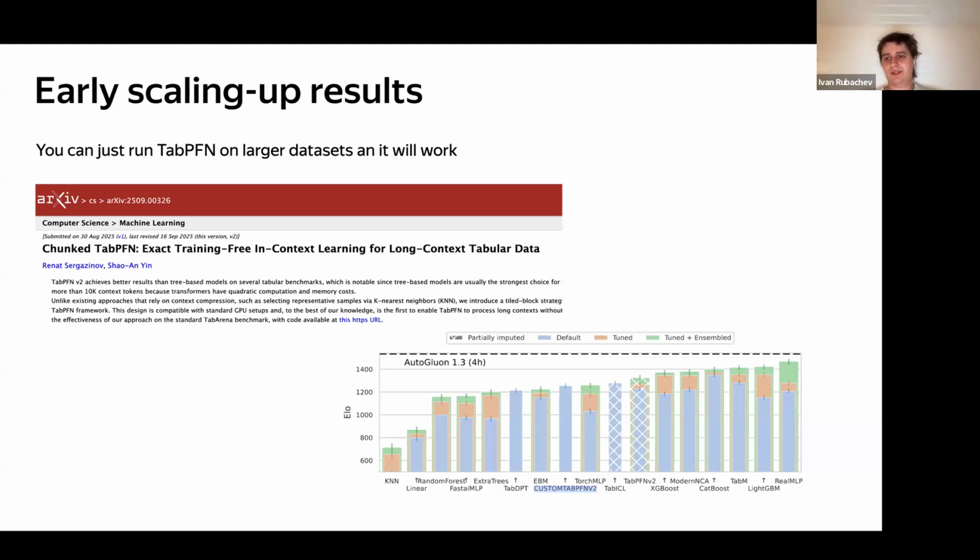And when you try to go beyond that, you encounter problems, and that covers a very sizable portion of actual tabular datasets. Many tabular datasets have more than 50,000 examples. You can basically run TabPFN on arbitrarily sized datasets, which was shown in this paper. I guess this paper's main argument is that you can just run TabPFN on larger datasets and it will work out of the box. It's also not surprising because TabPFN doesn't have any special